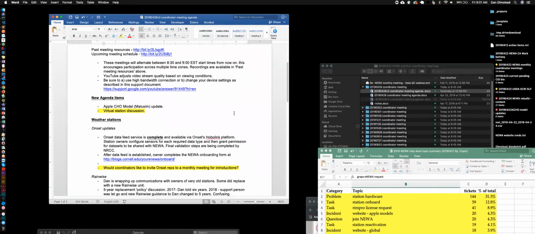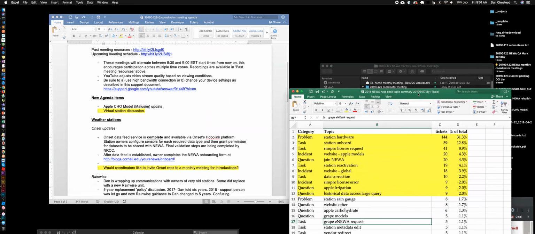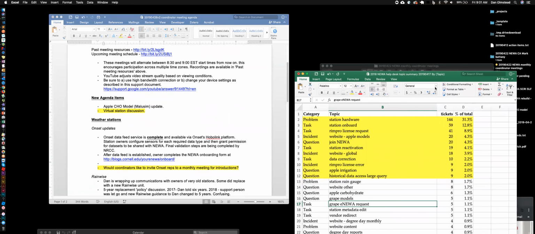There have been a couple of new items that I need to talk about that came up this week, so I'm just going to jump right into those. I learned on Tuesday that Terrence Robinson here at Cornell has put out some updates to the apple carbohydrate thinning model. I understand that might seem a bit of a surprise, but I want to explain what Keith Eggleston and I have done, and I'll just show you in a visual.